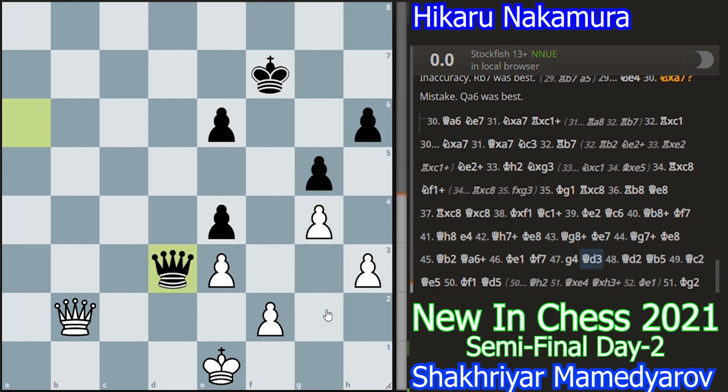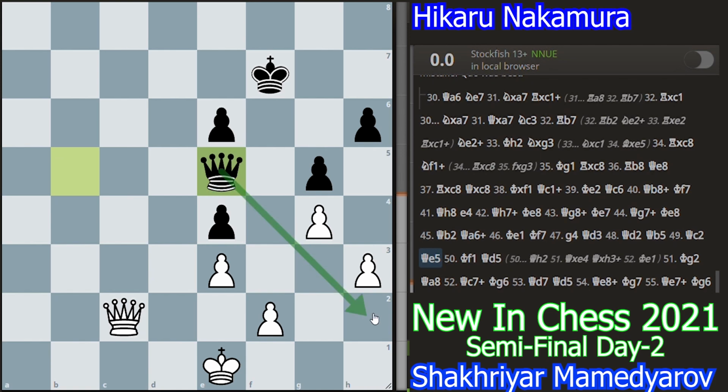Now queen to d3, queen d2. White try to exchange the queen. It does not help, but anyways black did not exchange the queens. Queen b5, queen c2, queen to e5, trying to reach the h2 square, attacking this weak h3 pawn. White played king f1,